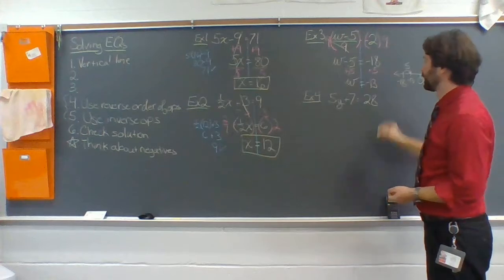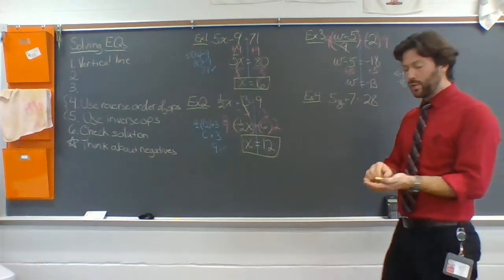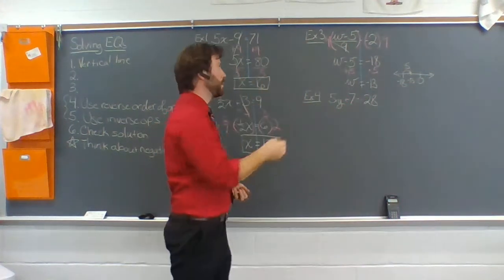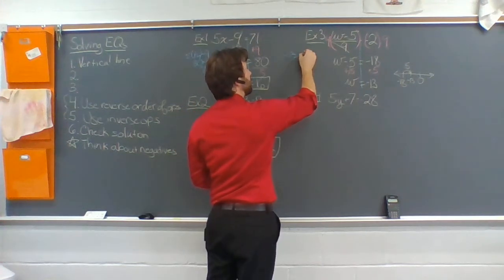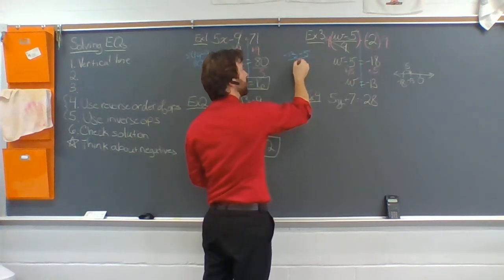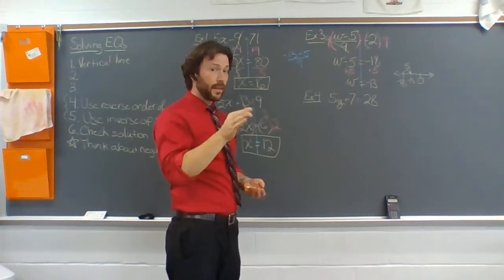And if we want to be 100% sure, take that solution back to the original and sub it in. So negative 13 minus 5 divided by 9. Now this time,